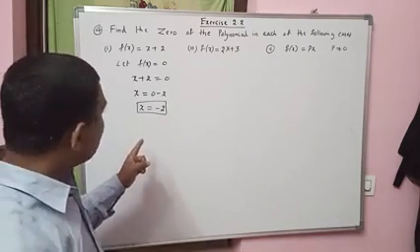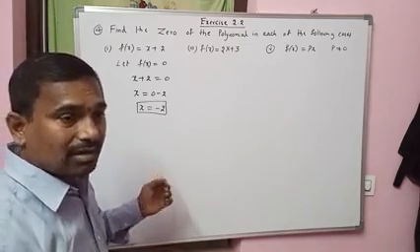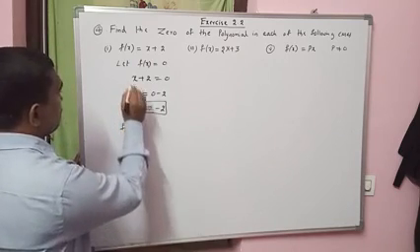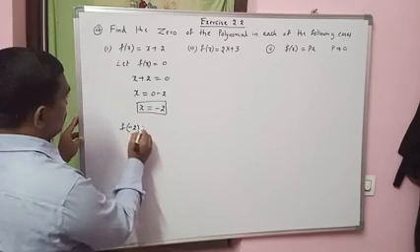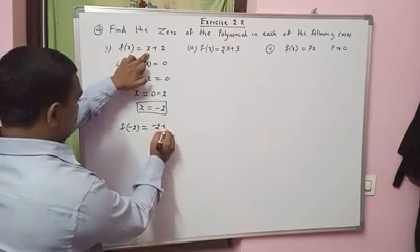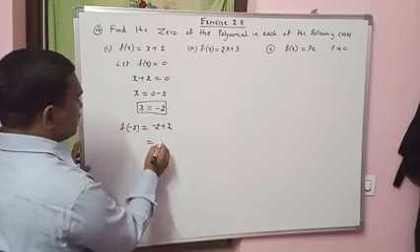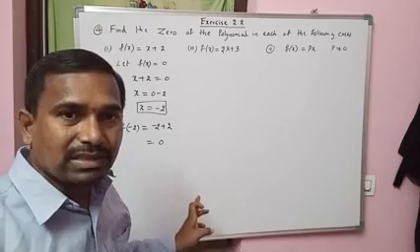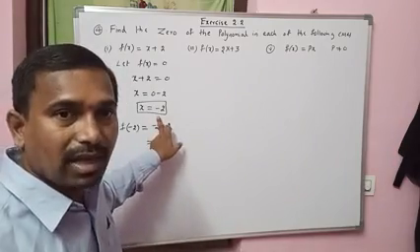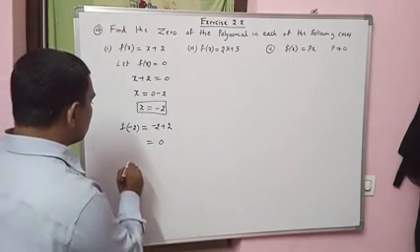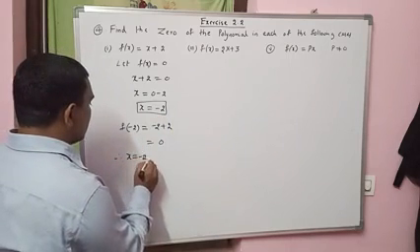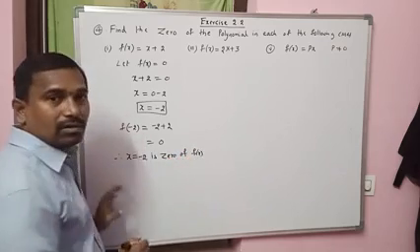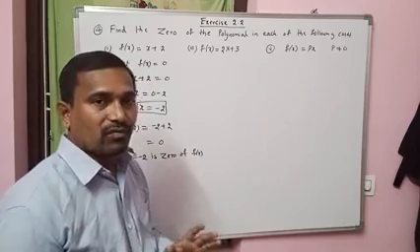You can check whether this is the correct answer or not by substituting in the f value. Substitute in the polynomial: f of minus 2, that is minus 2 plus 2. Minus 2 plus 2 is 0. So by substituting x equal to minus 2, we got 0. So this x equal to minus 2 is the zero of the polynomial. Therefore, x equal to minus 2 is the zero of f of x. Okay? Are you getting how to find zeros?